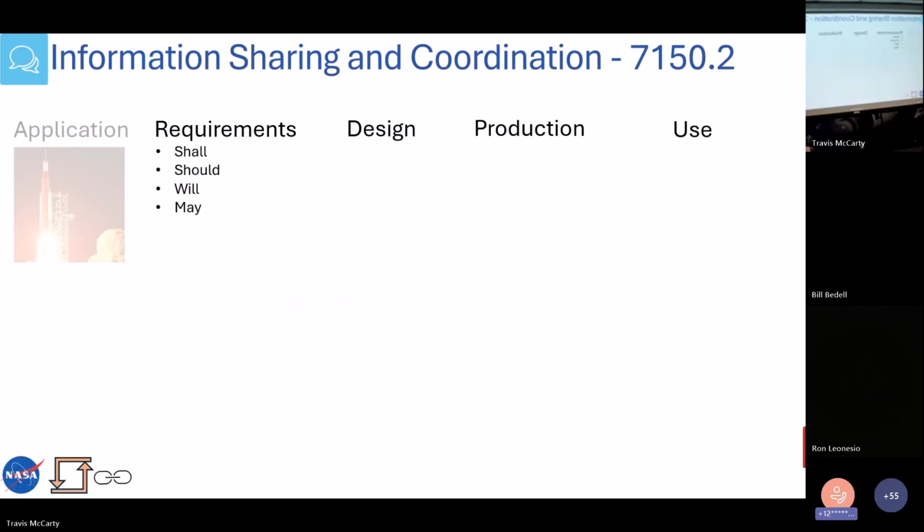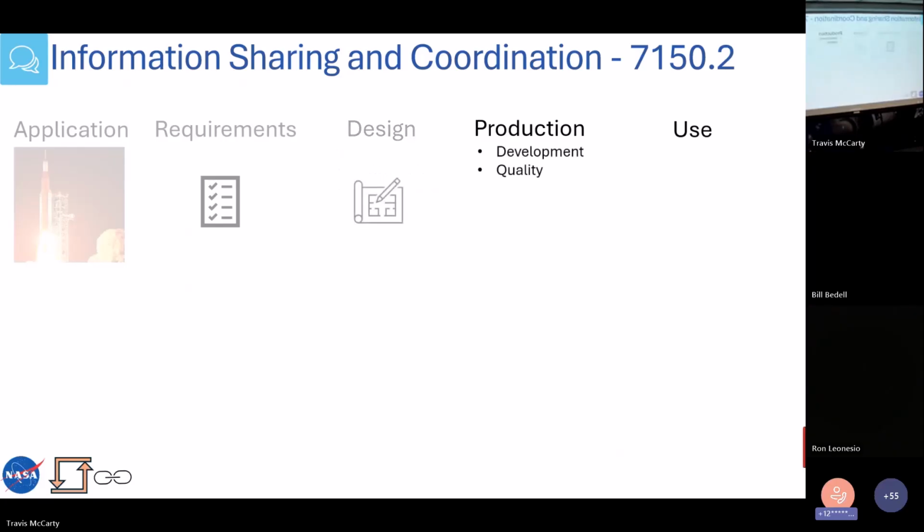Now we get into, my hat is off to Northrop Grumman and NASA for decomposing that SLS, the why, into very well-formed, very testable requirements. And here's our requirements language: shall, should, will, may. This is all mandated by 7150.2. Okay, DMC ingests those requirements and then we respond with plans, interfaces, and methodologies so that we can produce